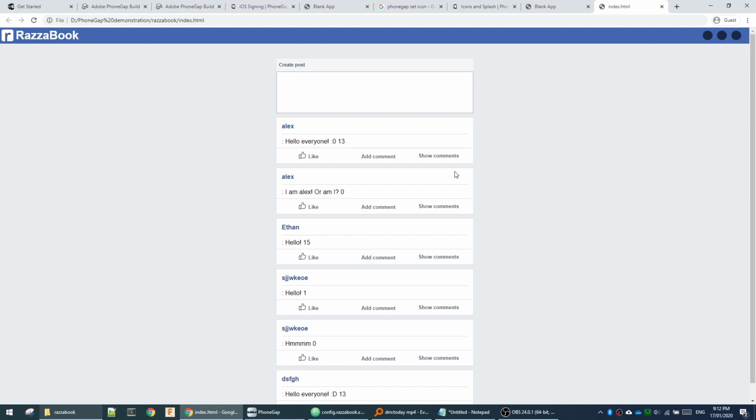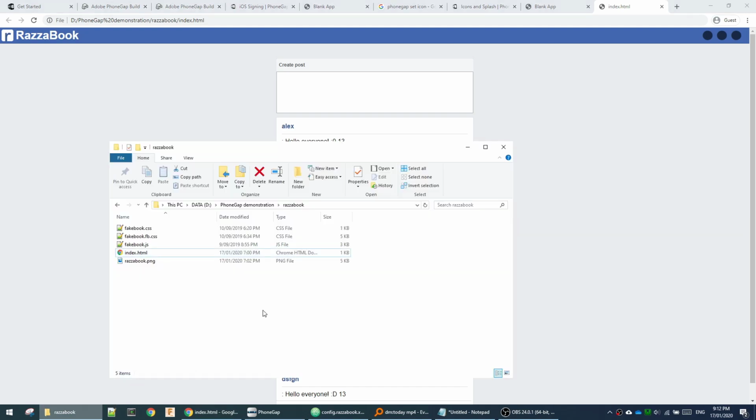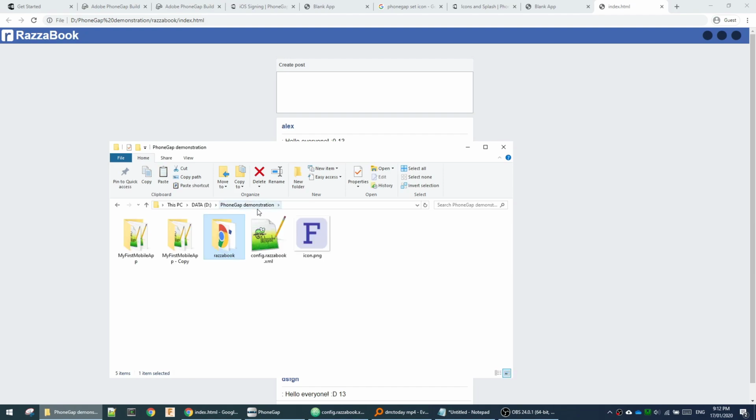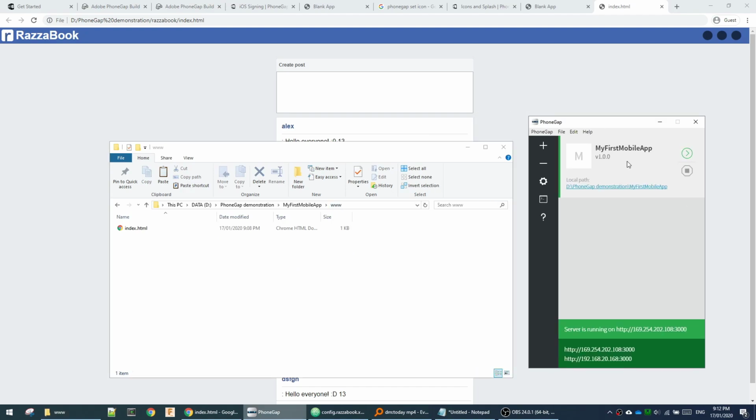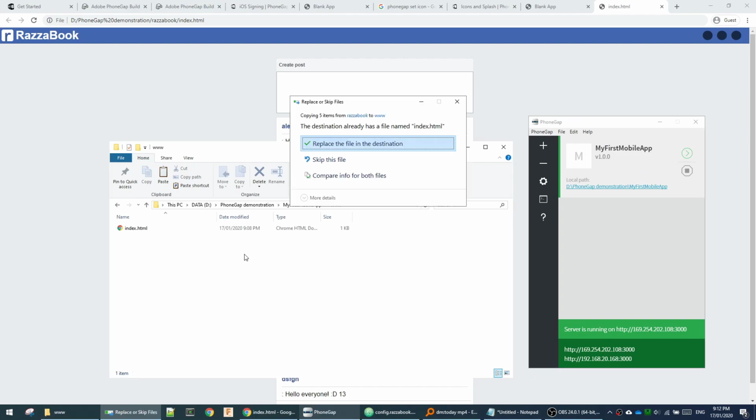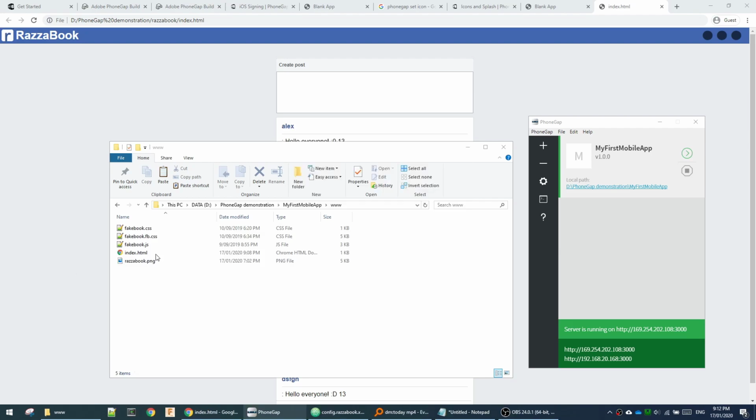I want to get this as an app. How do I do that? Well, if you've done the first video, all you need to do is copy all the different files for your website into the www folder. Here's the www folder from the PhoneGap app, my first mobile app from the previous video, and I'm just going to paste those things in there, replacing the existing index.html. So now this mobile app is now,